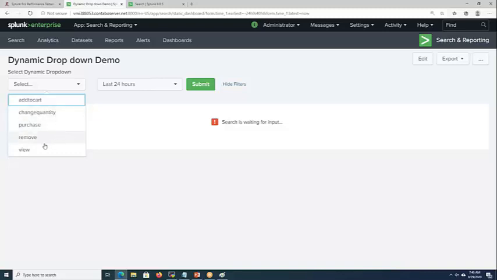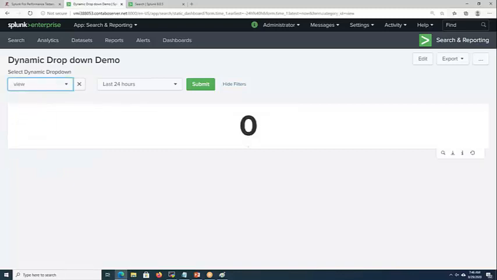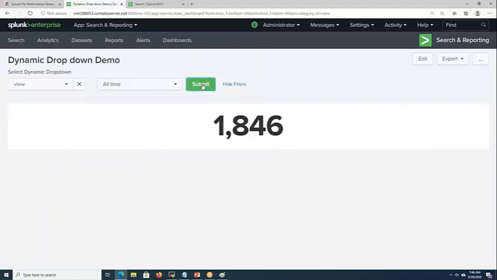Let us assume on sprint 15 you have 100 items listed over here. You need not reconfigure everything. We can create a dashboard such that it will pick the data dynamically.